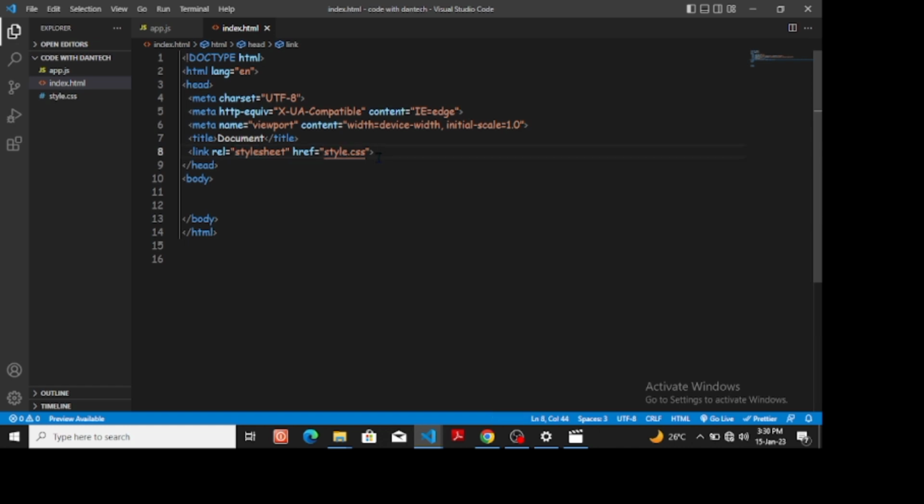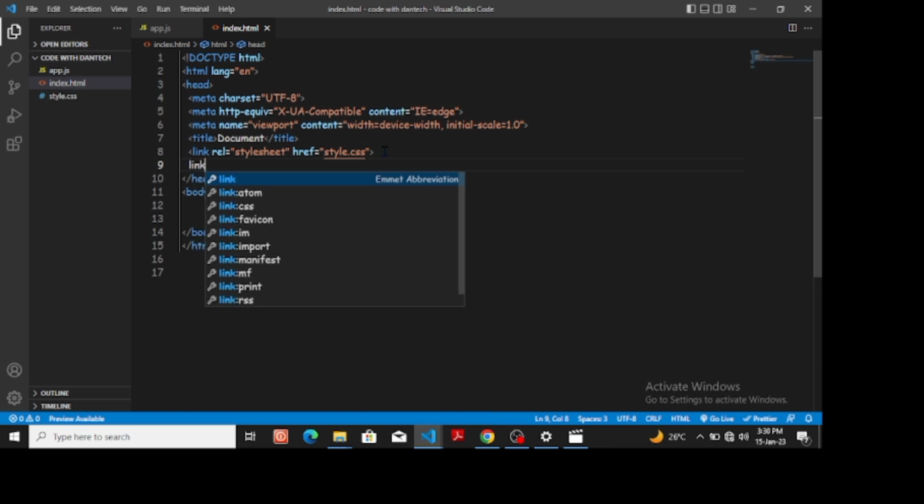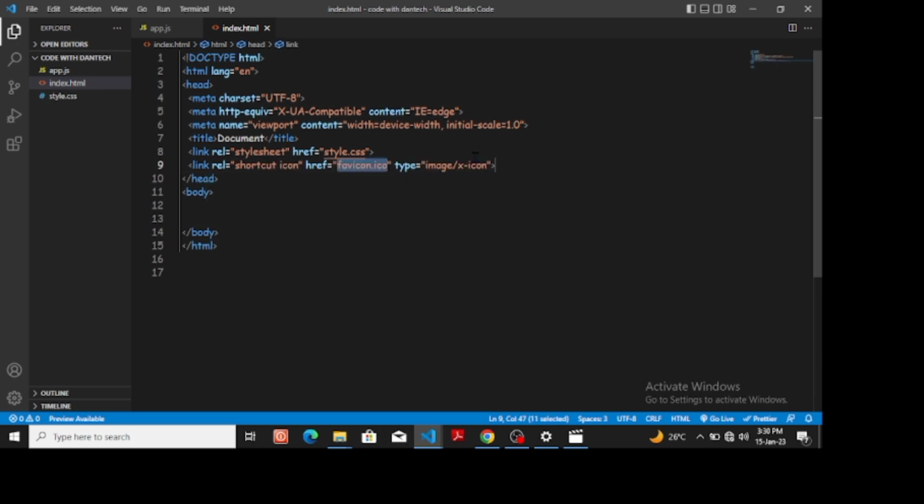This can also link to an icon, Font Awesome icon, Bootstrap icon, or any other things. It can link to so many things. So all these things are found in the head. They are not shown